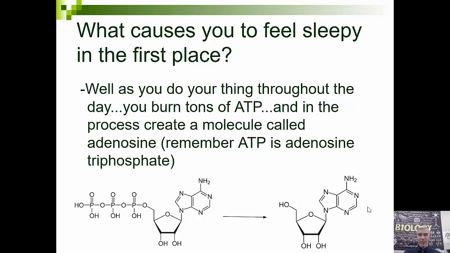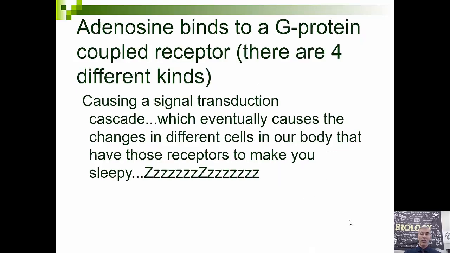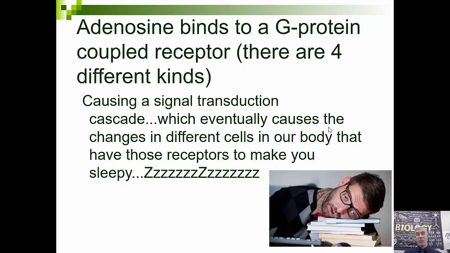Over the course of time, as you burn through ATP throughout the day, one of the side molecules that are produced, which is related to ATP, is called adenosine, which is basically the ATP without the phosphate groups on it, right? Adenosine will go bind to a receptor, and it's a G protein linked receptor, and it will actually cause a signal cascade which results in the slowdown of cellular metabolism, making you feel tired, and it causes you